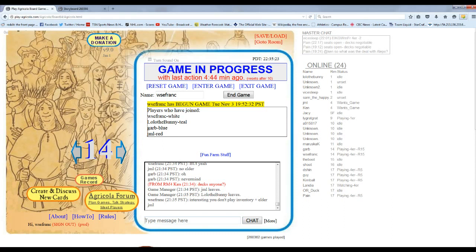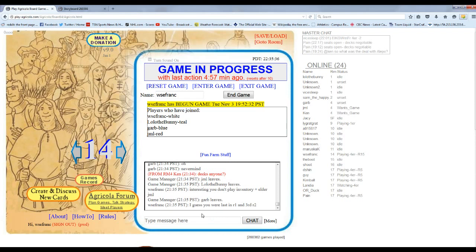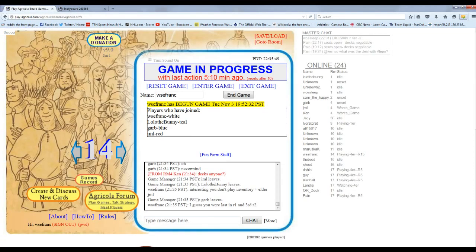Because JML, I guess he was last in stage 1. In round 1 and third in round 2, which is bad luck for him, because probably a really good first 2 moves would have been Inventory Manager, starting player getting a wood, and then Village Elder would have given him his 5 wood. Yeah. Oh well,